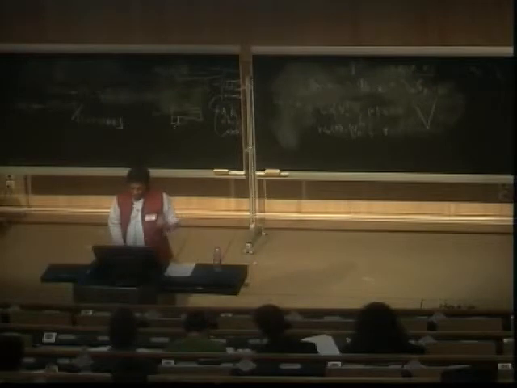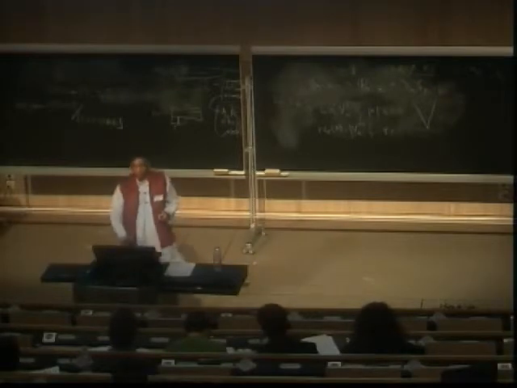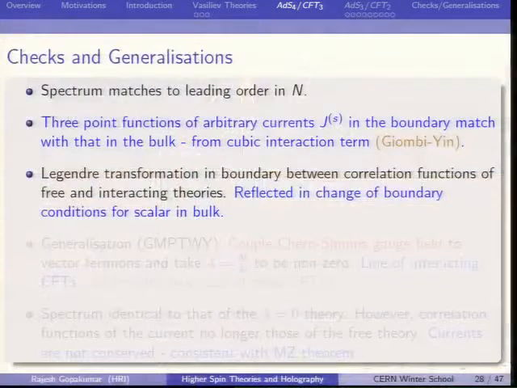and this is what I think convinced many people of the essential correctness of the Vasiliev theory as the dual, because this really used the dynamical content of the Vasiliev theory much more than just the spectrum. So this very non-trivial calculation was done by Giombi and Yin, who then went on to also show that